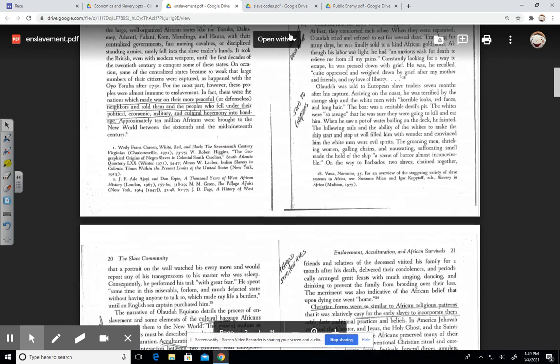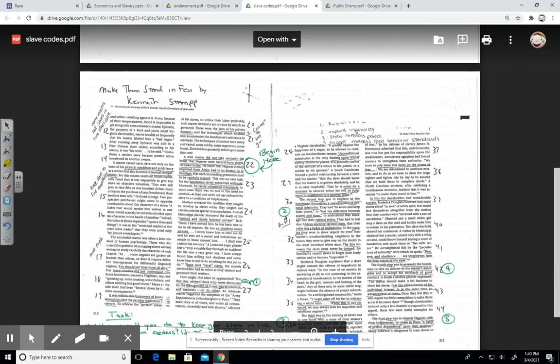When we look at this particular reading here, which comes from the piece Make Them Stand in Fear, this almost reads like a step-by-step method for controlling your slave. So here we see the steps: submission, implant inferiority, show the master's power, and accept the master's good behavior. So you want to implant inferiority. You want to have the individual believe, in this case the slave, that they're inferior and that their entire life for survival is dependent on the slave master.